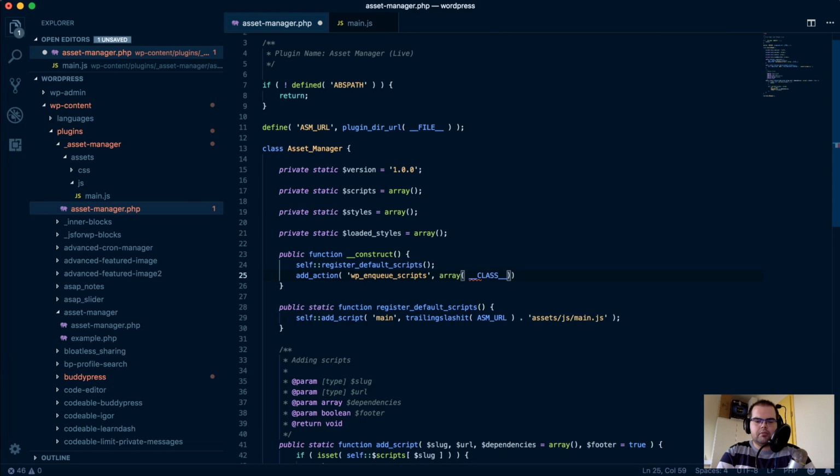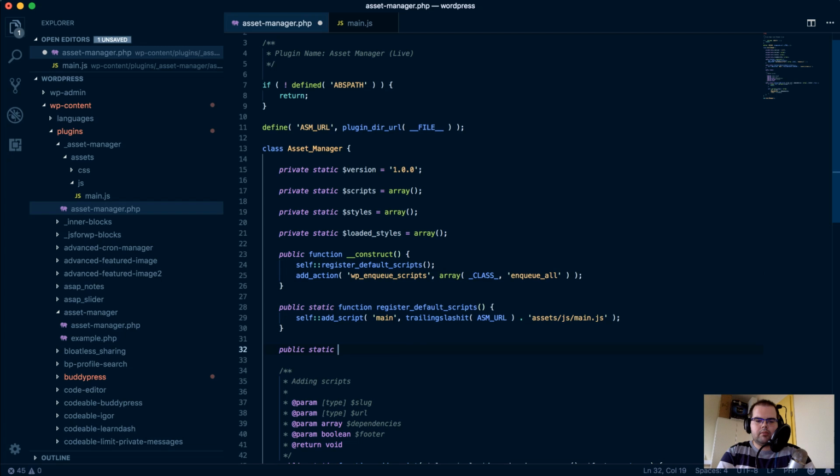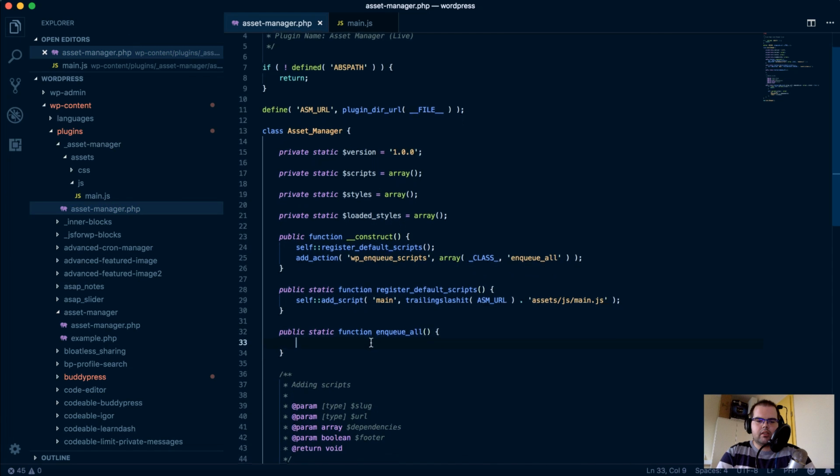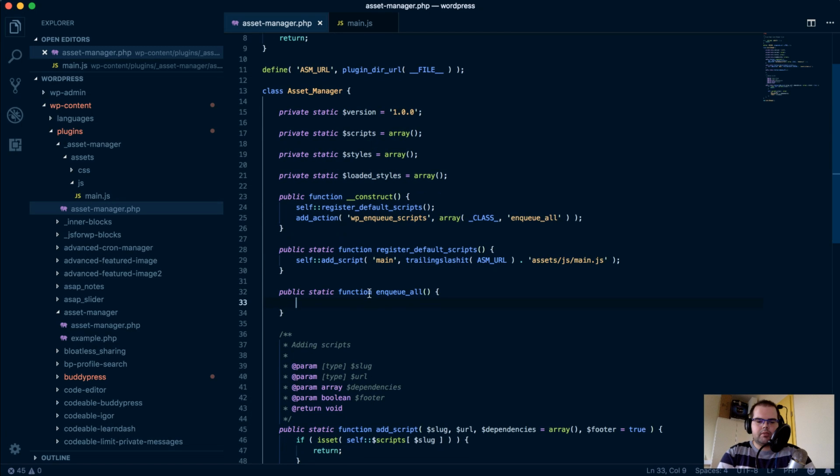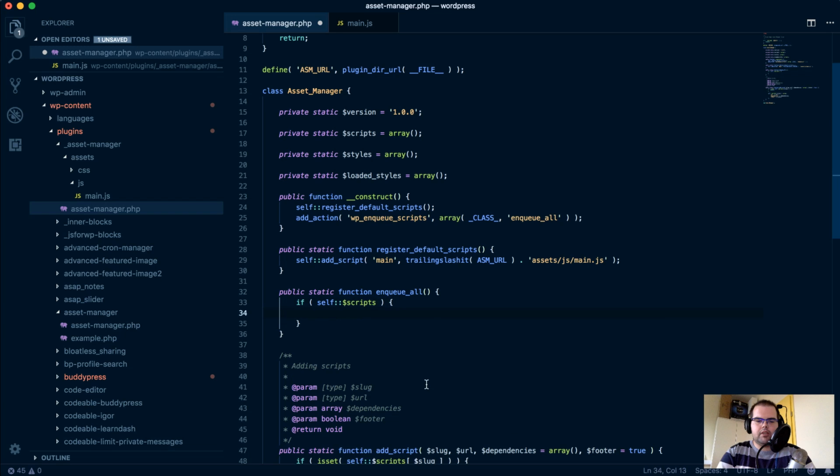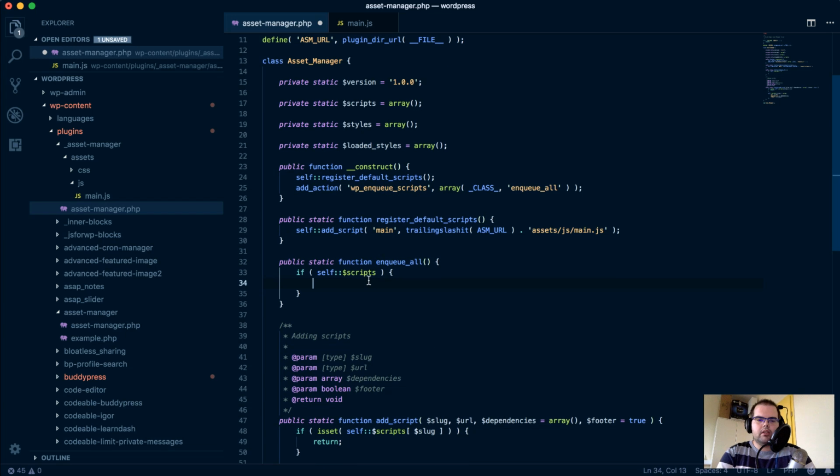So we'll add a class. I think it's like that. Maybe I'm wrong, maybe it's just like that, I don't know. We'll see what I'll get. And then we'll also enqueue all. Okay, so let's say we have now a public static function enqueue_all, which will enqueue all registered scripts and styles. First, now we have this, the scripts. So let's say if self scripts, so we maybe don't have any, or maybe we do have some. So if scripts